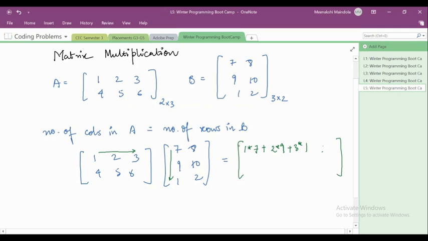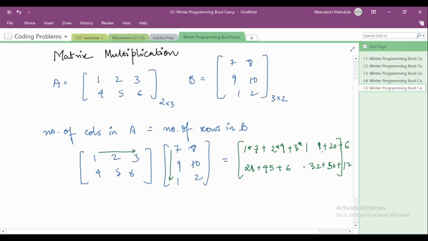So you say 1 into 8 plus 2 into 10 plus 3 into 2, right? And similarly you're going to have the rest of the elements, 45 plus 6, and here you will have 32 plus 50 plus 12,